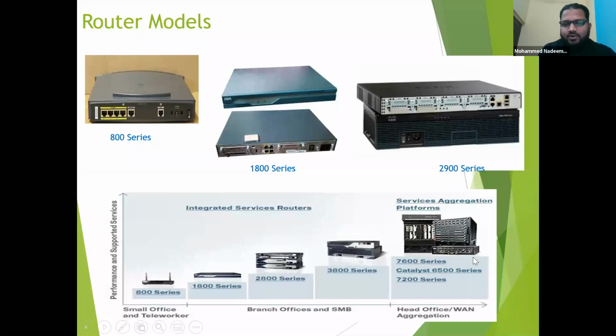Routers start with the 8000 series, 18000 series, 29000 series, and you can see here the new ASR 9000 routers also came into the picture. This is a bit of an old picture, but if you go to the Cisco website, you will see all the models. Use Google and the Cisco site to get updated with all the details. As per your requirement, you can buy the routers.